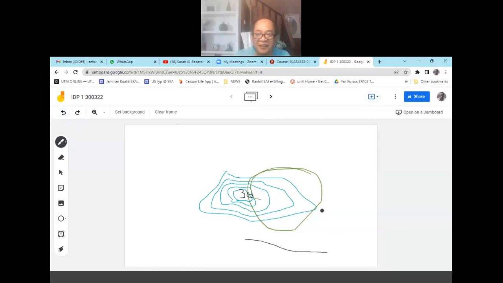Around 15. This is 15 meters. So from here we can imagine this is a cross section view. We have a peak of about 30 going down to 15 gradually. Gradually it is a slope, it is a gentle slope. Whereas on the opposite side, okay, on this opposite side, we can imagine because the contour lines